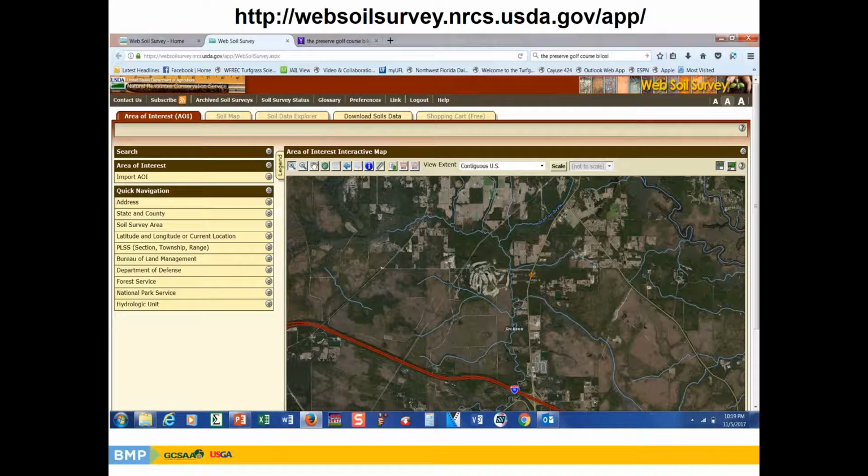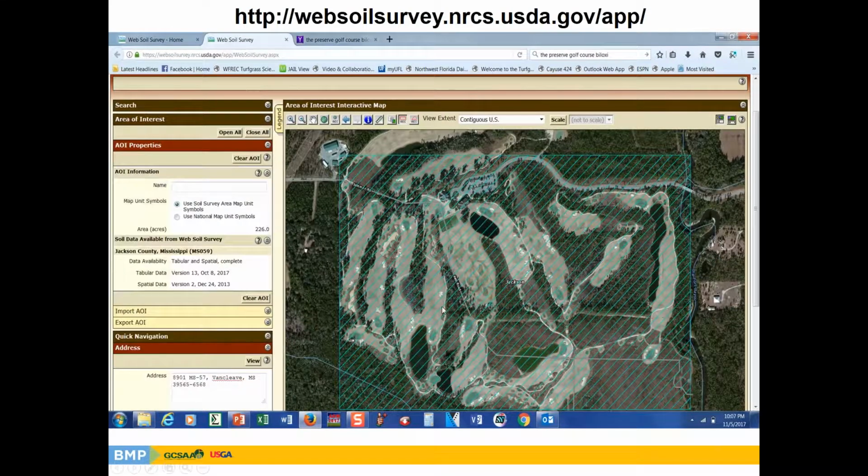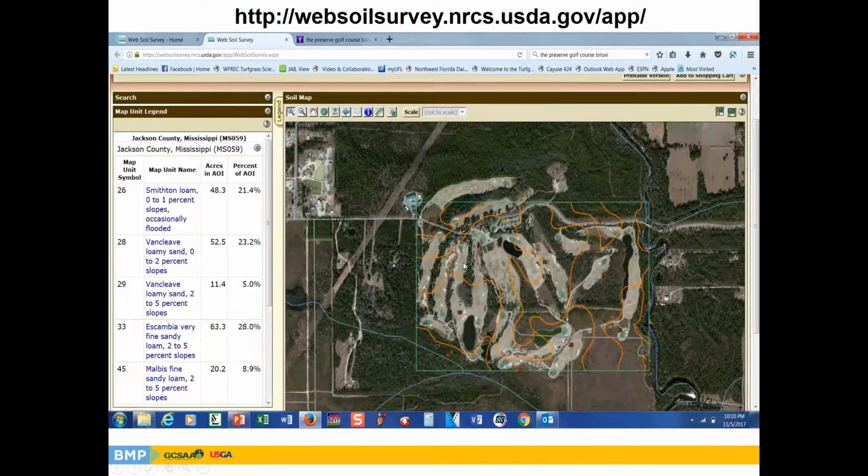and what we see here is this golf course right here, the Preserve. And so you click on this, and you can see here, we have the address, the state and the county, soil survey area of interest. And so we'll zoom in on this a little bit, and here is the Preserve golf club, and what you see here is all the various properties of the soils that are going on, and well, we can click a little bit more and